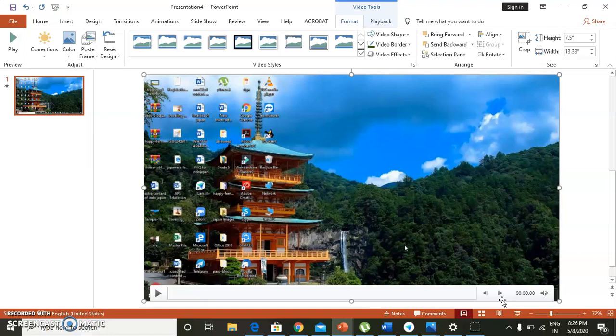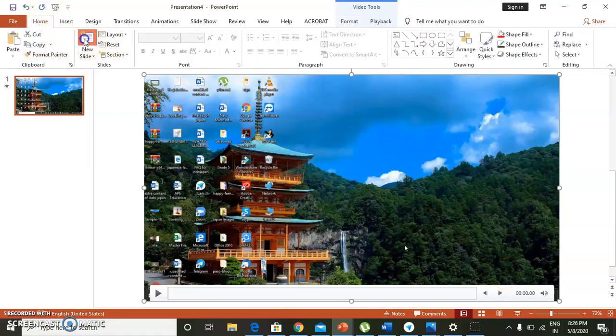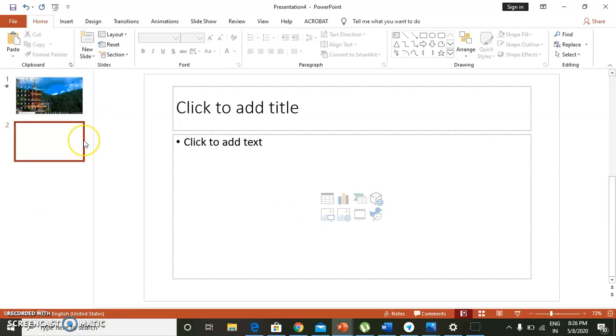Now next option is comment. So comments are a great way to provide feedback. I'm taking a new slide. Comments are a great way to provide a feedback to other about their presentation. They can also be used to collaborate and work together on presentation. They are more like a sticky note. We all use sticky note that can be added to an object, text or whole slide.